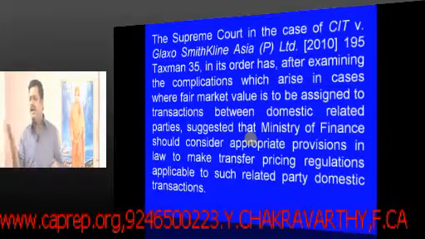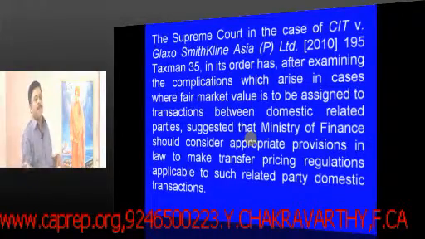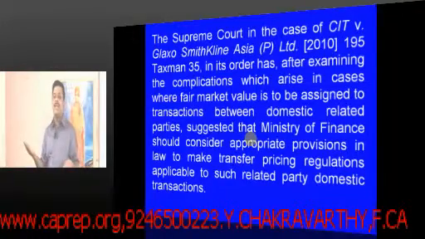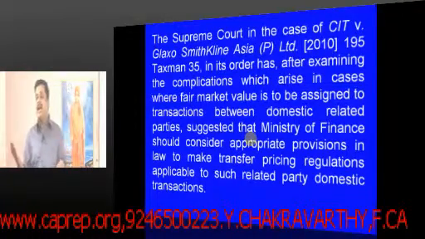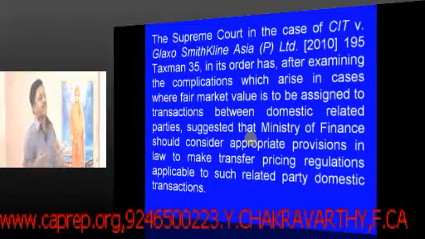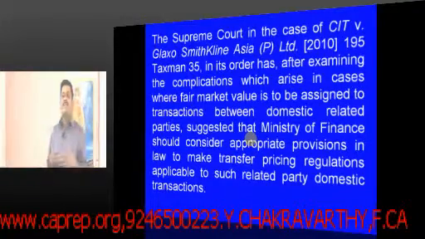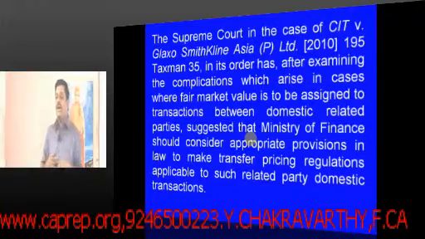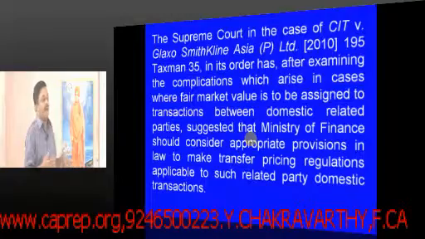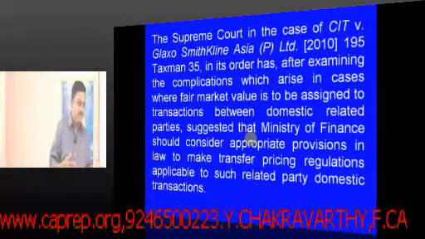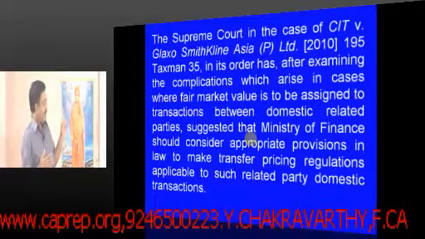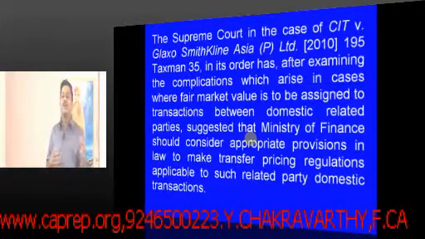Again, they have already set in place provisions in respect of international transactions which are not being done between related parties at arm's length price. They have brought in the transfer pricing officer and all. Now the assessing officer, once he wants to invoke 40A2 for specific domestic transactions, naturally has to refer the matter to the transfer pricing officer. Thereby whatever the Supreme Court direction was given in that particular decision automatically gets heard.